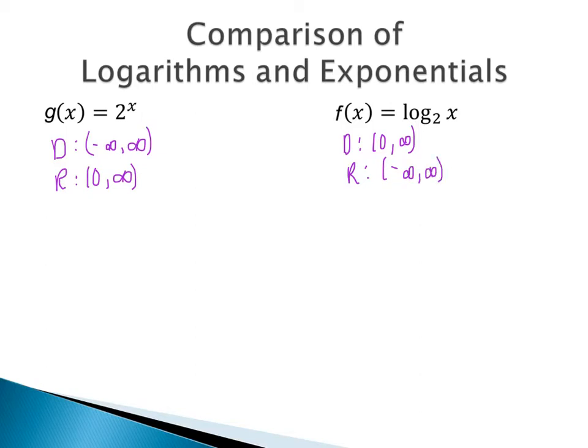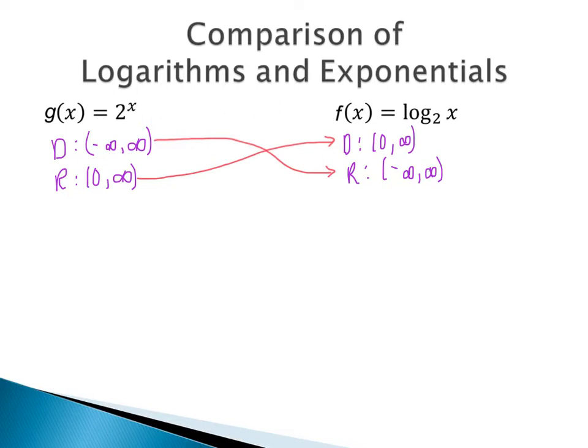So if we look at what happened, remember log base 2 of x is the inverse of 2 to the x. With inverses, you switch your x and y. That means that your domain and your range will switch, since your x's and your y's have switched. So the domain of 2 to the x is -infinity to infinity, which means that the range of log base 2 of x is -infinity to infinity. The range of 2 to the x is from 0 to infinity, so that means the domain of your log base 2 of x is from 0 to infinity. Again, switching that x and y means that your domain and your range have switched.